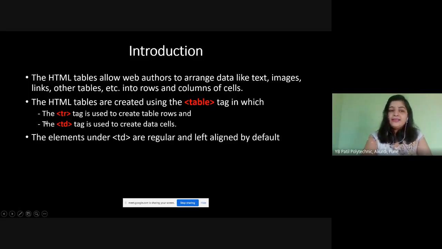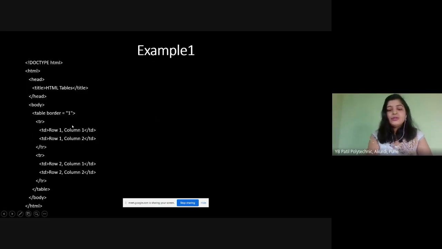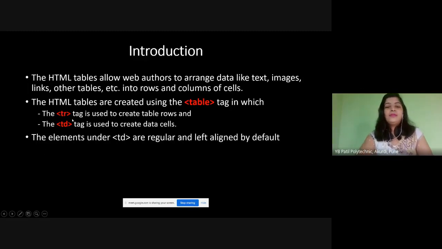The table tag has two tags, that is tr and td. tr is nothing but a table row, and td is table data. We use table row for creating the first row. Then when you close the table row and start another table row, it will go to the next row of the table. And td is used for creating your data. Whatever data you are going to put in a row will be displayed by using the table data tag.